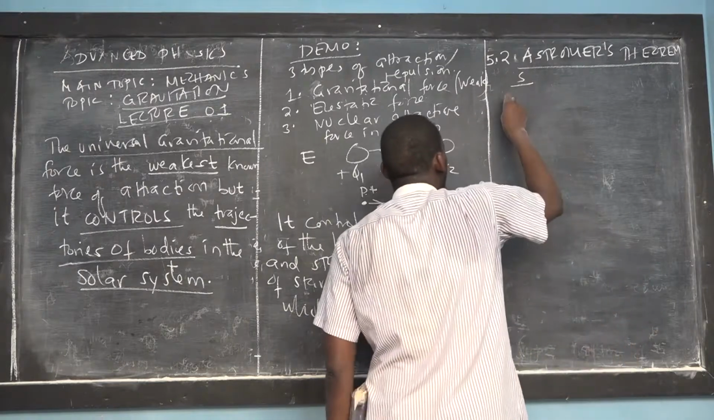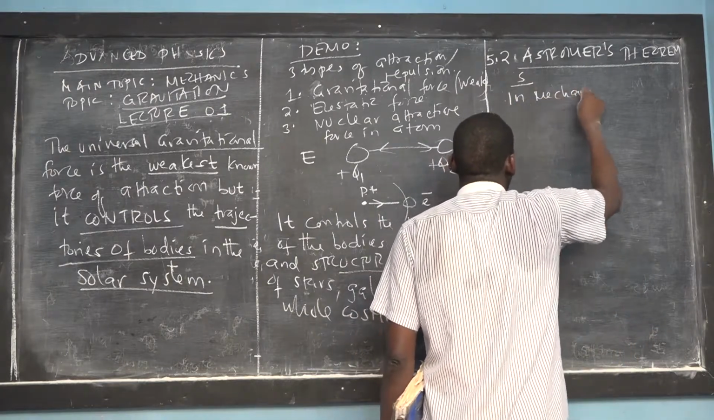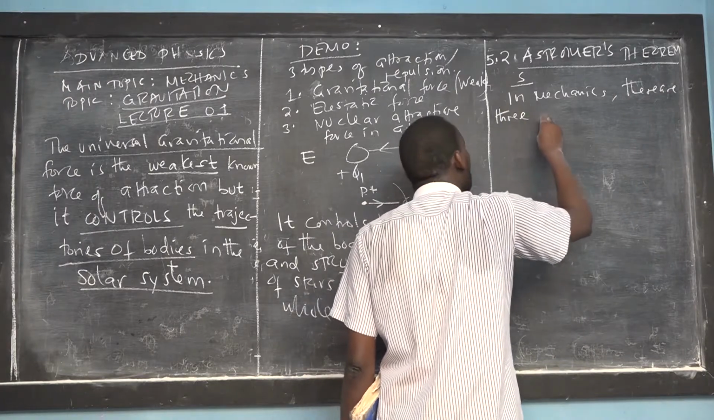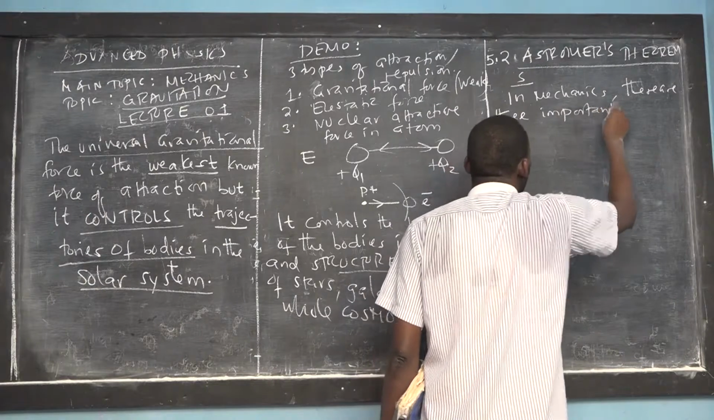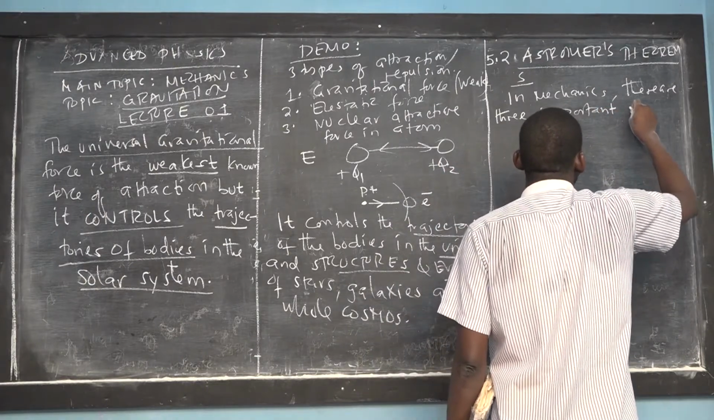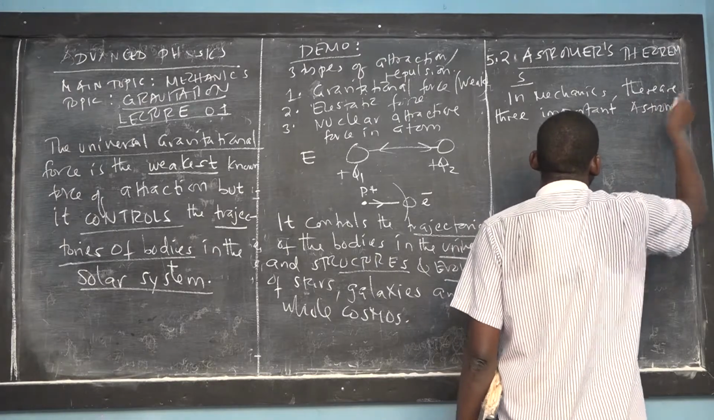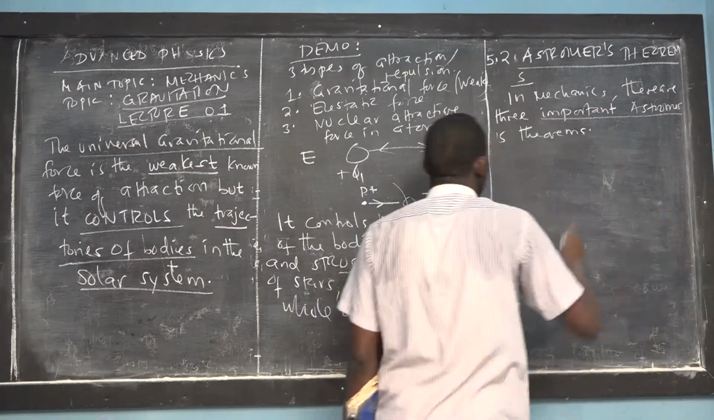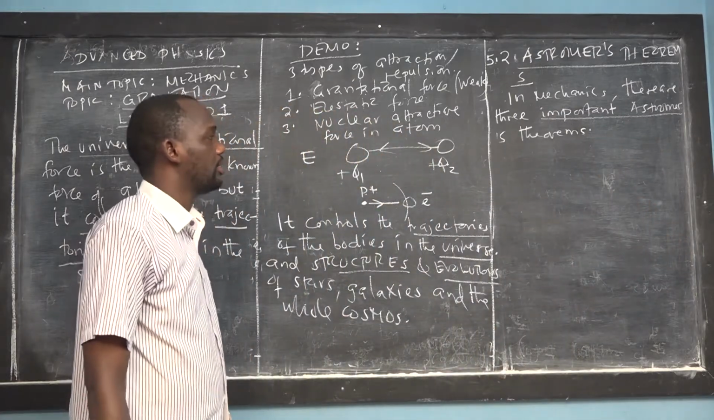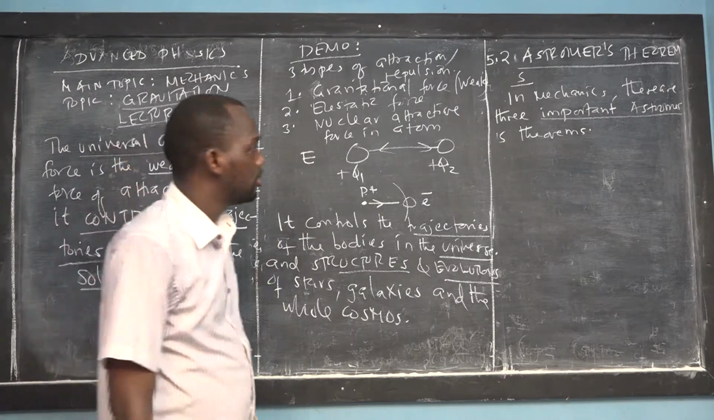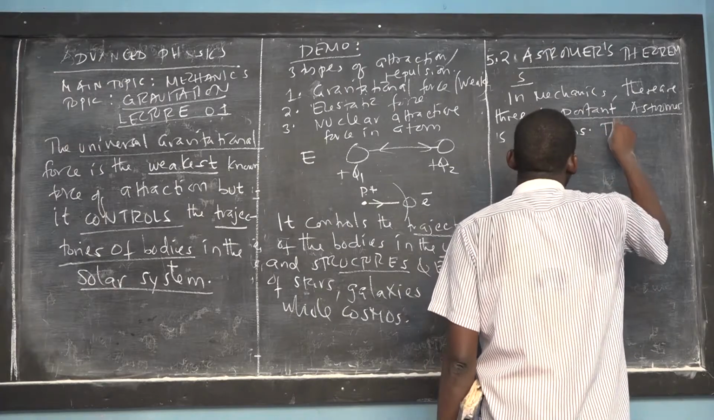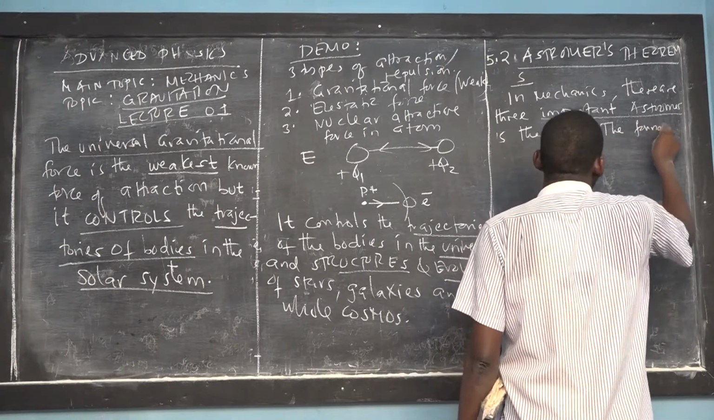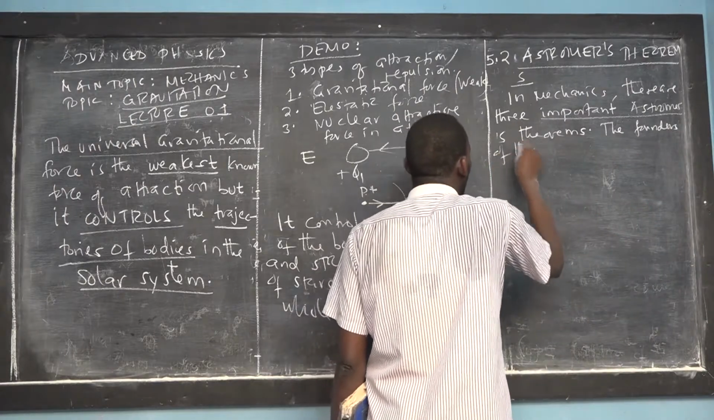astronomy. So we say that in mechanics, when you say mechanics and gravitation, there are three important astronomers' theorems. And why do we call them so important? Because these are the first physicists who did studies on the subject of astronomy. So we say the founders of these theorems